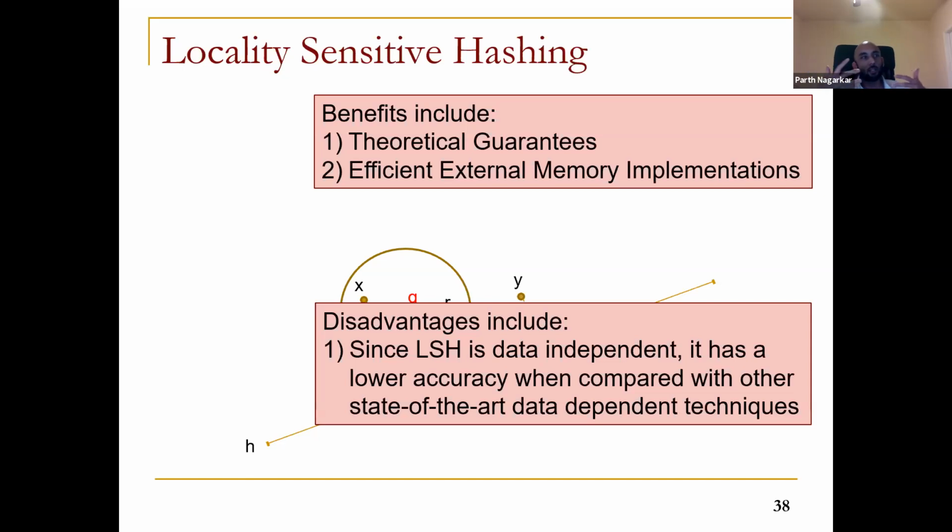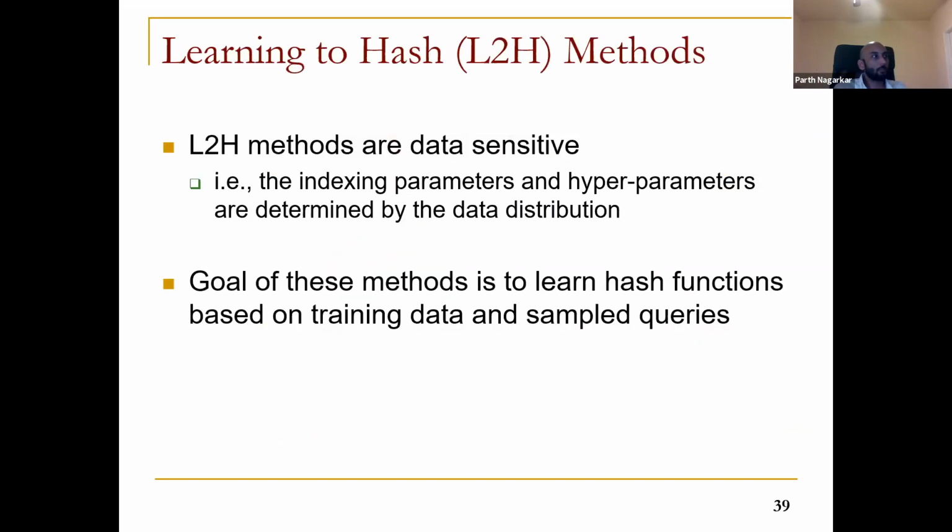And hence it results in lower accuracy when compared with some state-of-the-art data dependent techniques that I will mention in the next few slides. So the question is, what happens for data dependent techniques? There